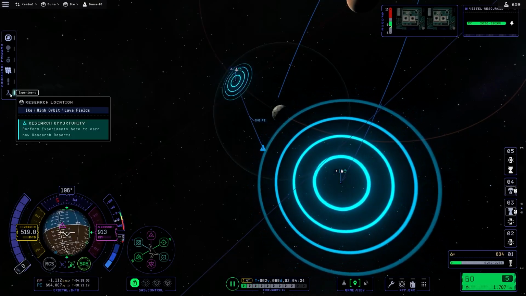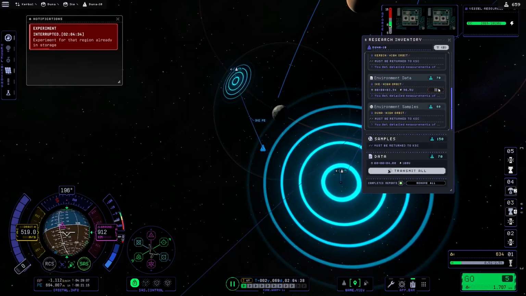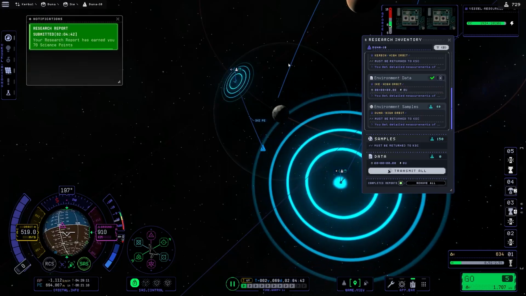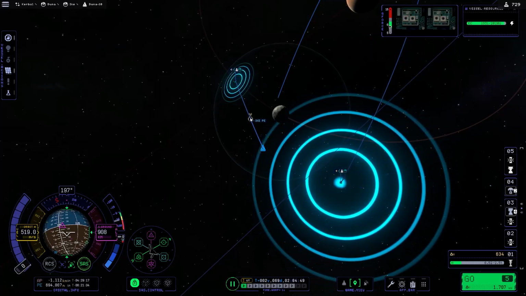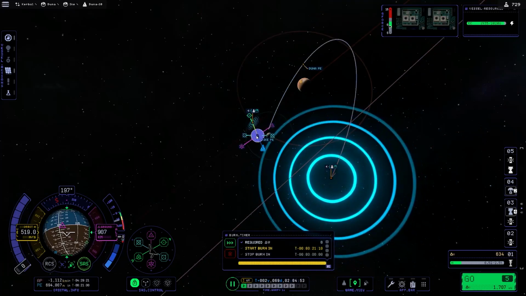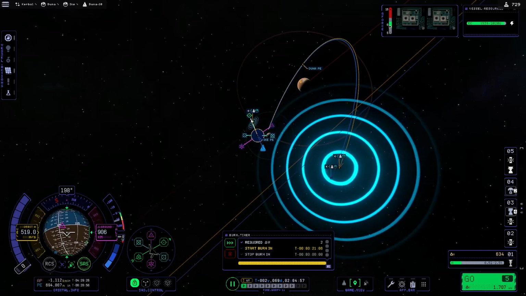So there is our research. So we got 70 from that. We'll send that back. There's our 70 science. So we can close that. And then if I create a maneuver node here, if we slow down,